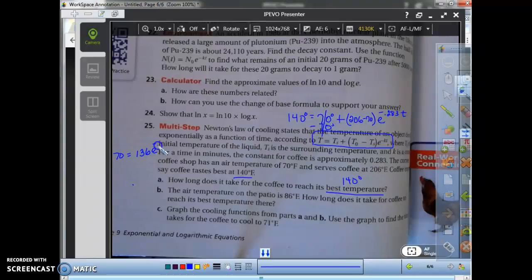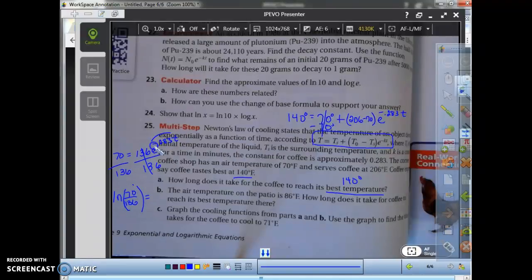e to the negative 0.283t. Okay, let's divide by 136. Very good. And I'm not actually going to do the division yet. So this will go away. And now I'll take the natural log of both sides. So I get ln on the left side. It's 70 over 136